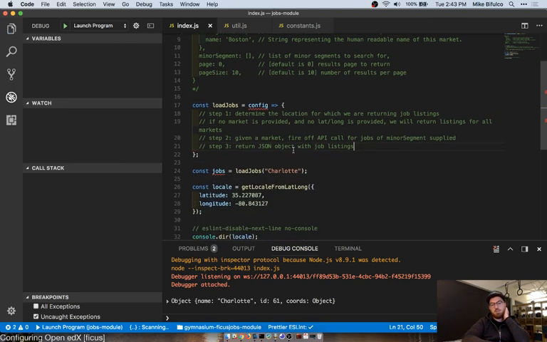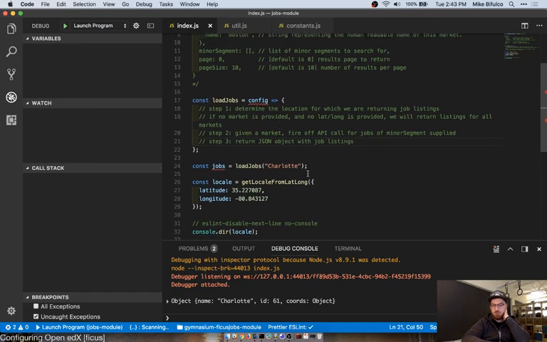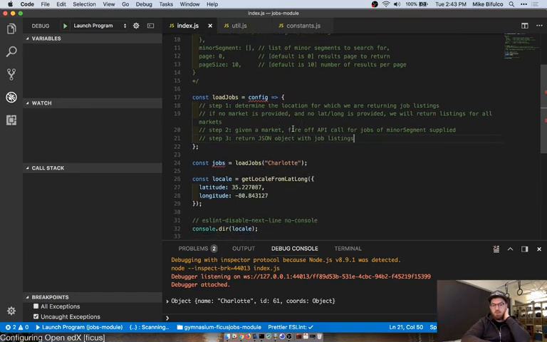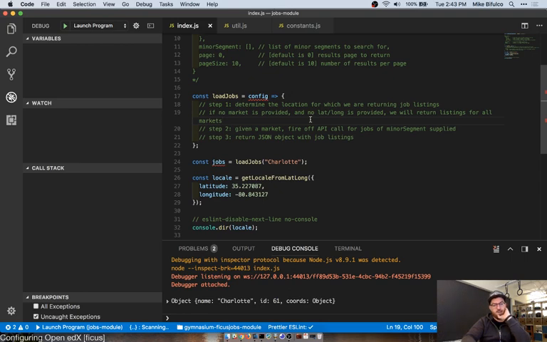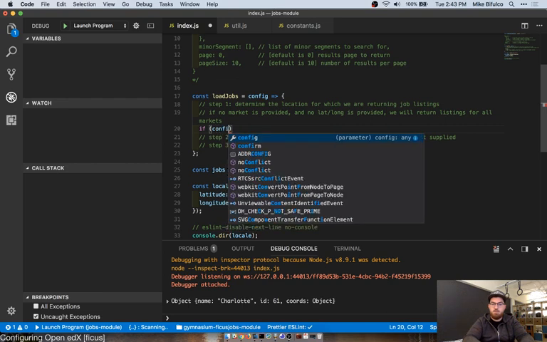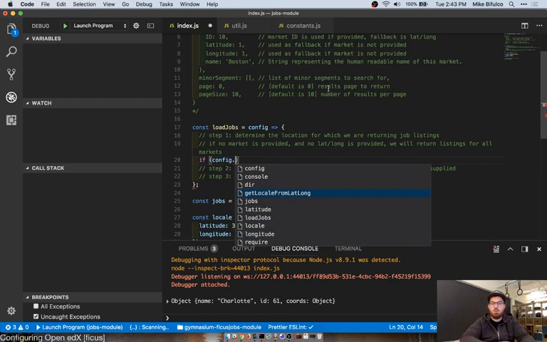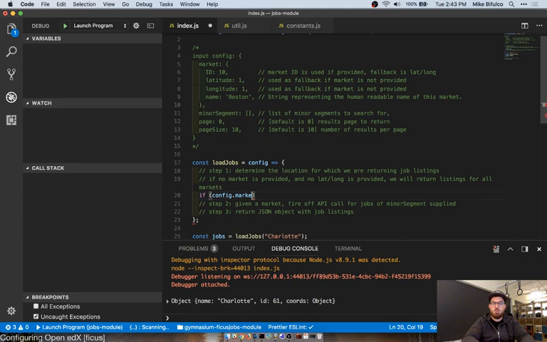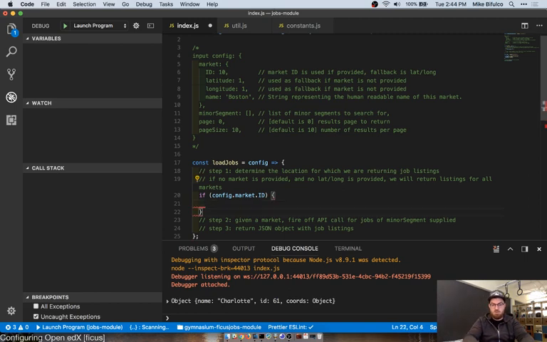Okay, so what this is shaping up to be is hopefully the microservice we were talking about before. We're going to do this a step at a time. So step 1, determine the location for the jobs. We're going to do if config.market.id, else if config.market.latitude and config.market.longitude.